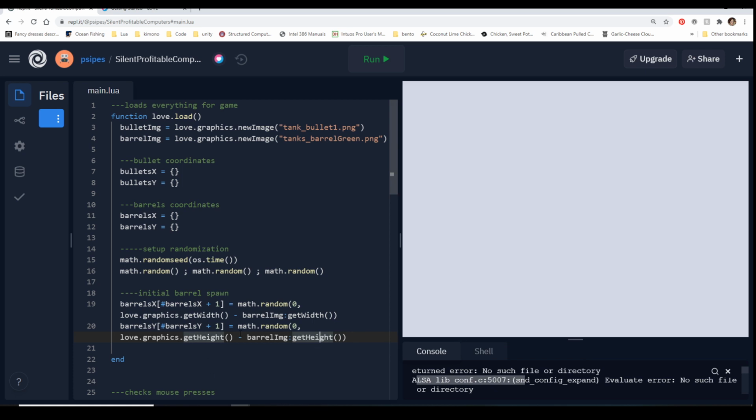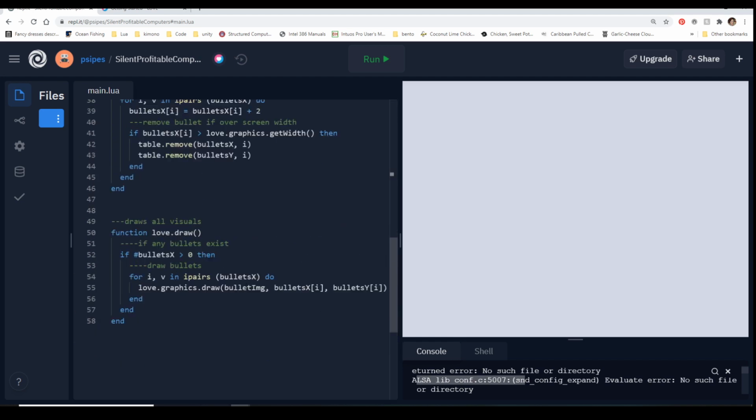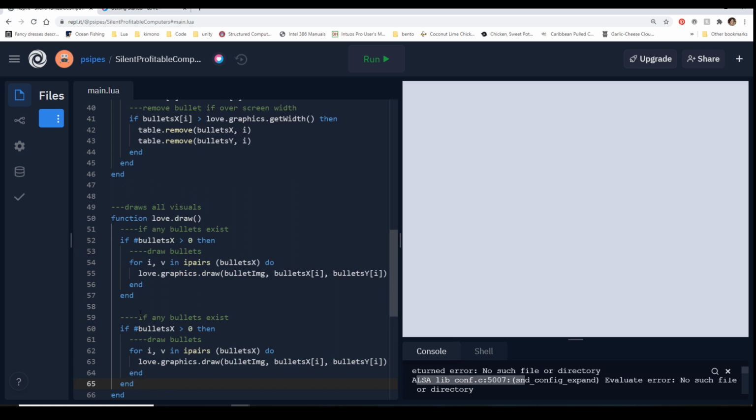So now that we have these, again, if you want, you could print here, or since it's easy to see this visually, we can just come down here and we can actually draw our barrel. So we're going to do the same thing that we did here with this bullet thing. So I'm just going to copy this because it's literally the same exact logic.